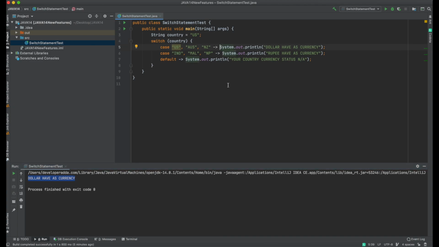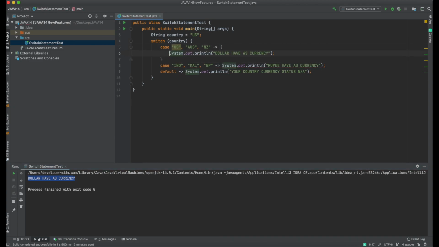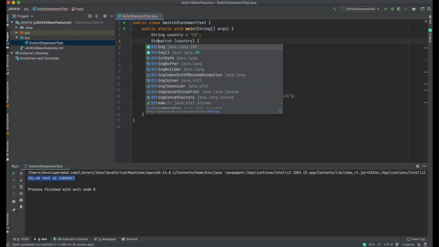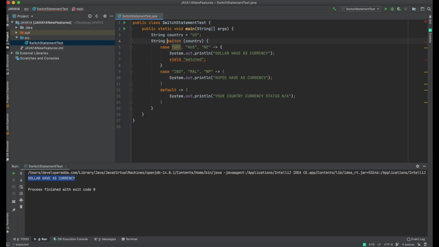In this example, we will see how to use yield to return a value from an expression. Before that, let me refactor the code. Now I am writing yield, meaning I am returning a value. I have to assign it to a variable, so I am writing String result.